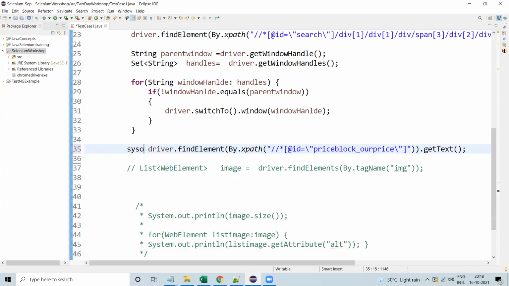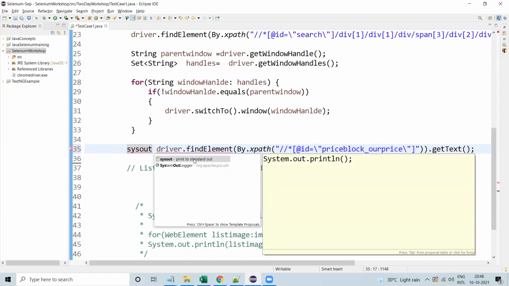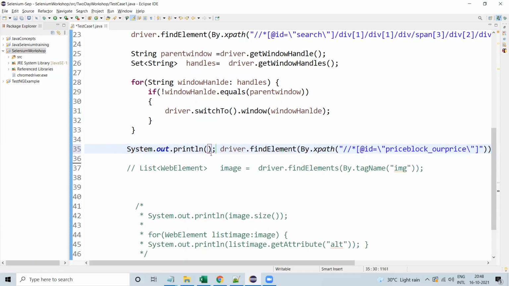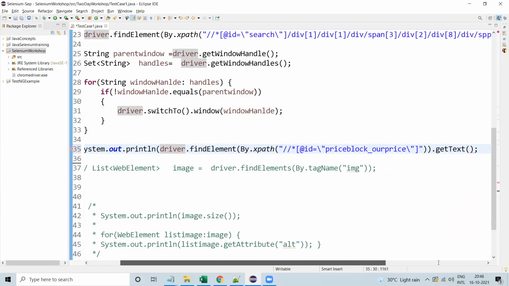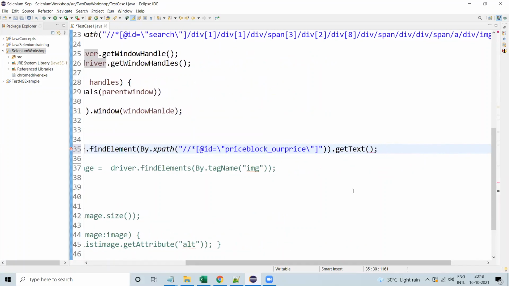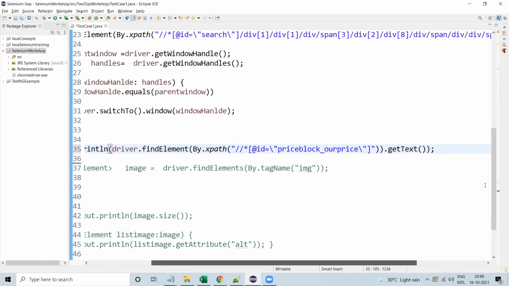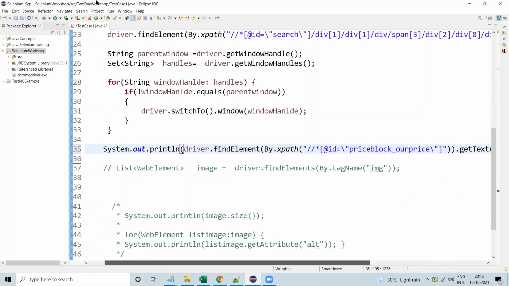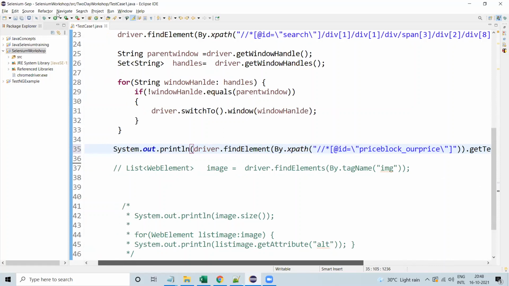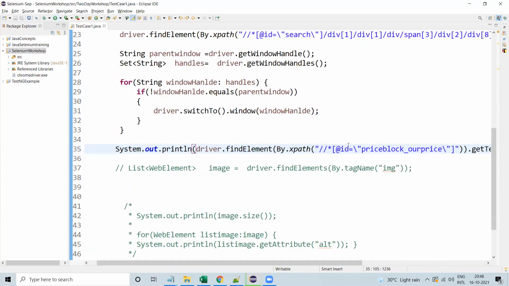Directly we can print this. It should print the price of the particular product. We'll check whether the price is printing or not.